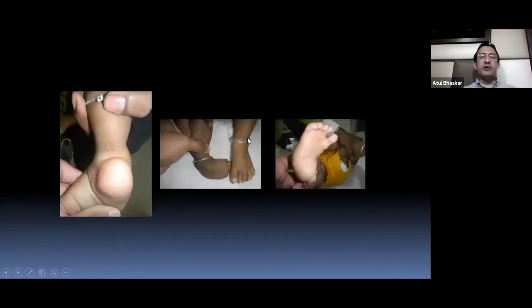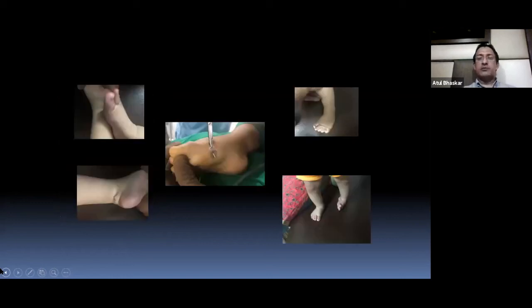Some cases can come in the exam as a relapse. So you can get relapses like this, where you can see the cut is very, very medial. This child has come back. This child has relapsed because of poor splinting. And so when you take a history in a clubfoot in a walking child, always ask for a history of splinting and whether there was any compliance. And I'll discuss relapsed clubfeet in a brief while. So I'll just skip this.